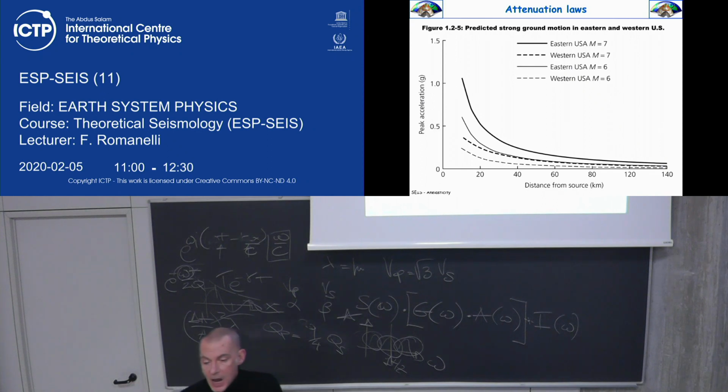Now, this plot here is similar to what Charles Richter did when he was trying to find magnitude. So you plot amplitudes versus distance for different earthquakes, and you're waiting for a decade, right? That's why they were called attenuation laws. Actually, it's not a law, it's better called a relationship. Now you know why amplitude should decay, for at least two reasons. Geometrical spreading, it's the most important one, but also attenuation.